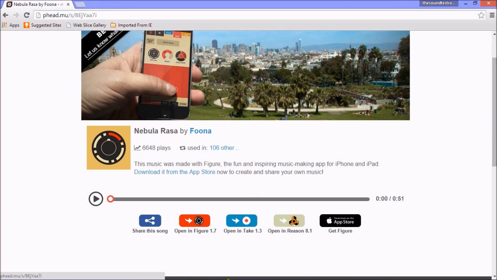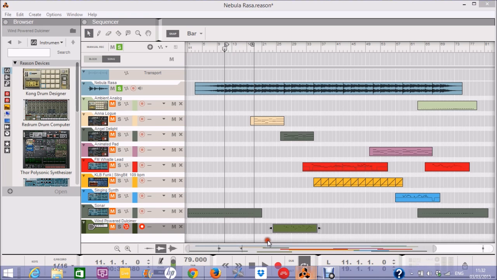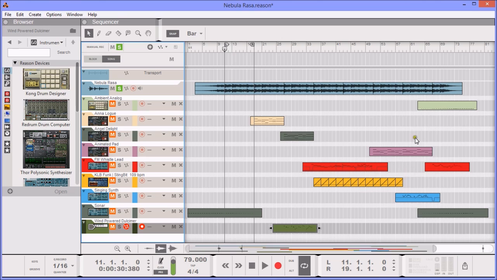So I'm going to play you in Reason. I wanted to do it in Reason because I wanted to add other bits and pieces and things. Again, like I said, I did a couple of versions in Figure on the iPad, and they weren't good. I tended just to wreck it. So I thought, well, I'll stick with the basic thing. So this is this short section here.